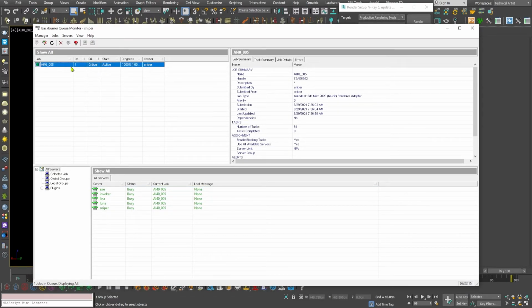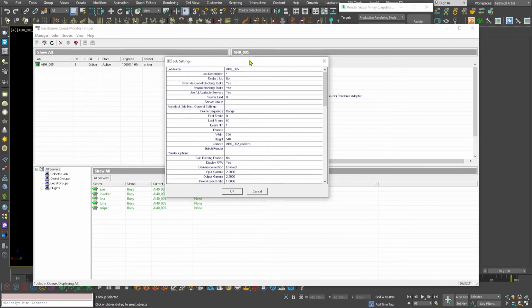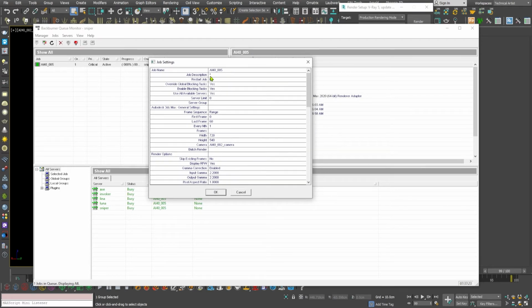And in the meanwhile the job is starting, I will go into the edit job, and you can see the name and the job description and the frame numbers like 0 to 60 and what is the width and the camera name and the input output gamma and render elements.